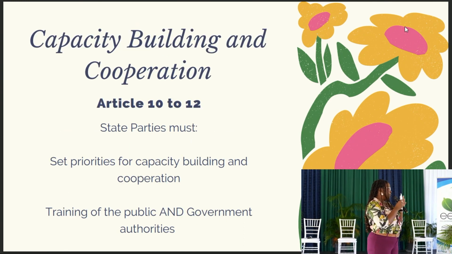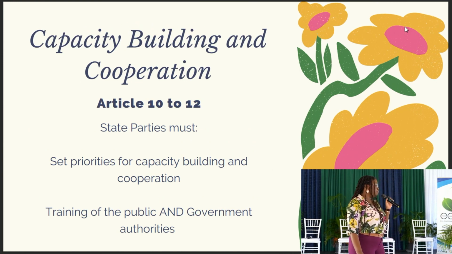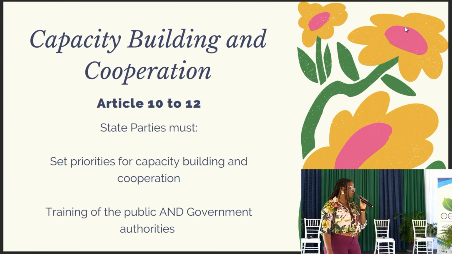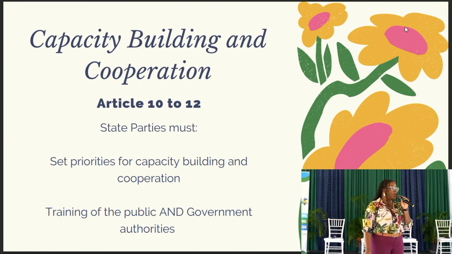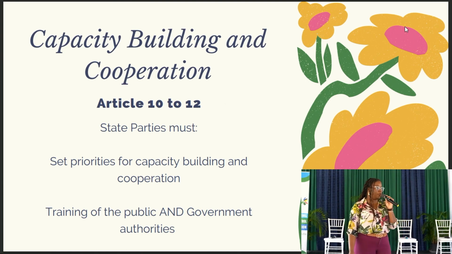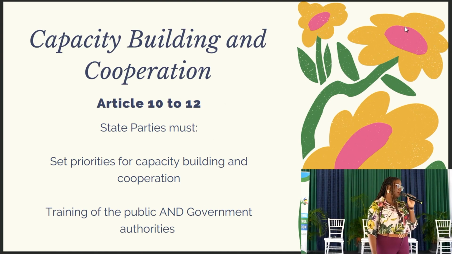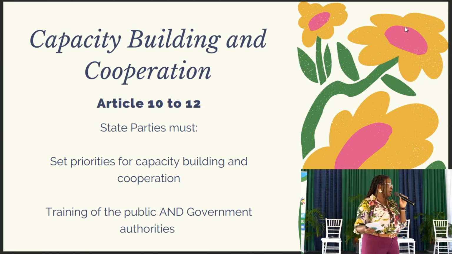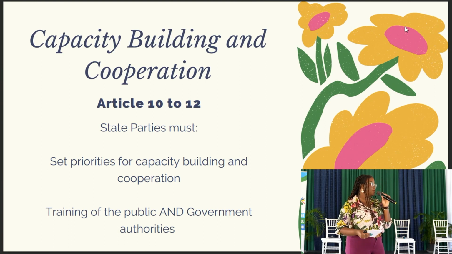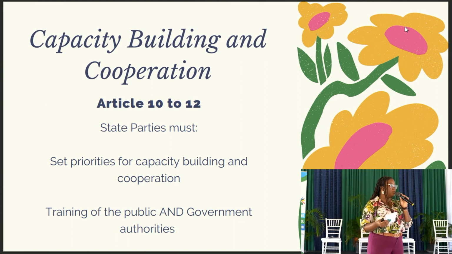The last pillar is capacity building and cooperation. So the government has the duty to set priorities for capacity building and cooperation, not only amongst other government agencies, but for CSOs and NGOs, to ensure that they have accurate training to advocate properly and engage properly on environmental matters. So this could be doing public awareness campaigns, having scholarships, doing education for people to understand